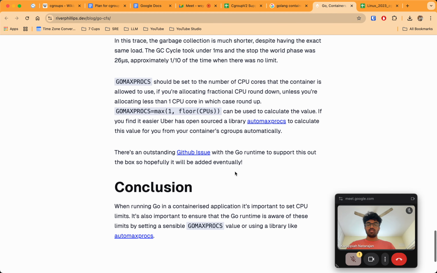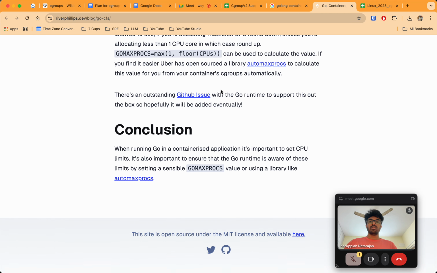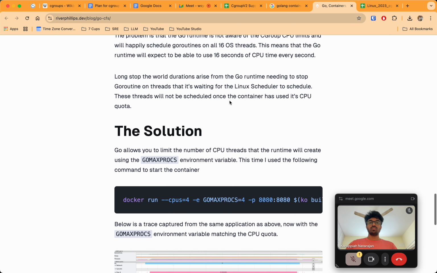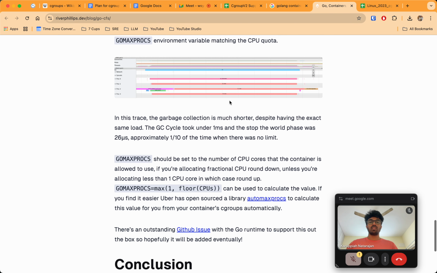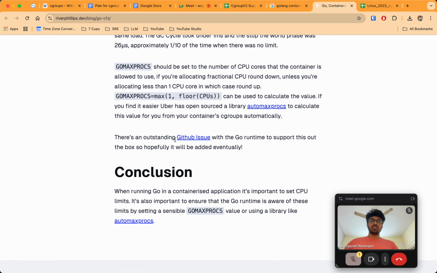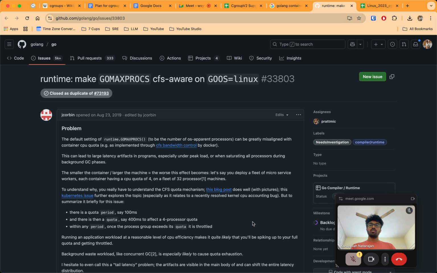I need to understand how control groups work then, because I thought the container just cannot use more resources than it's been given. There's an outstanding GitHub issue with the Go runtime to support this out of the box, so hopefully it will be added eventually. It's important to set CPU limits. It's also important to ensure that the Go runtime is aware of these limits by setting a sensible GOMAXPROCS. Okay. Cool.